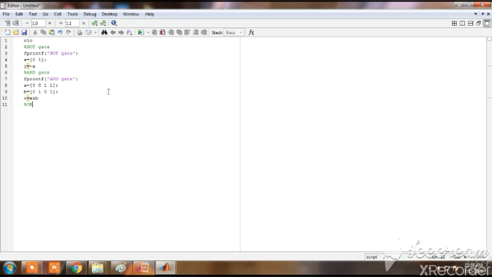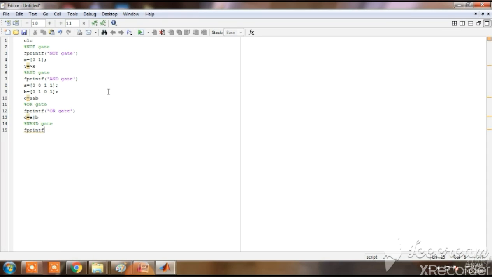Next, percent OR gate, printf OR gate. Now to display the output, D is equal to A or B. Percent NAND gate, printf.